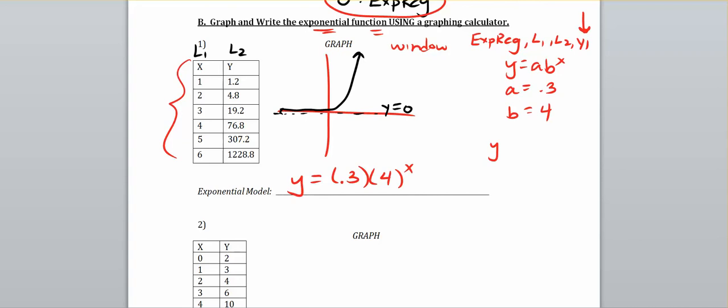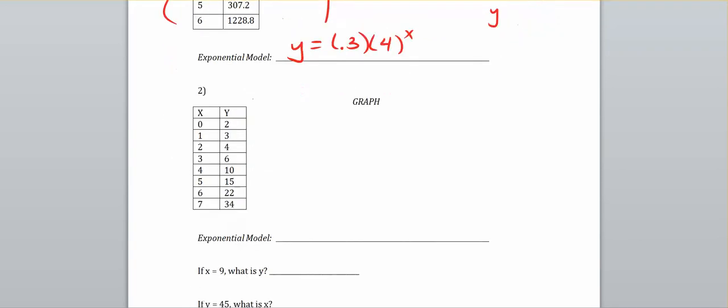We're going to do the same thing, but I'm going to just remind you how to do predictions. So on number 2, go to Stat Edit, go to the very top, press Clear Enter, type in your X's, 5, 6, 7, I'm going to type in my Y's, 2, 3, 4, 6, 10, 15, 22, 24. I'm going to do Stat Calc, Exponential, so 0 and Enter. I'm going to get y equals, just round this to like 2 decimal places, so 1.91 times 1.5 to the